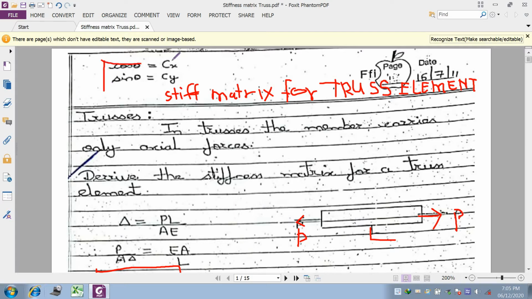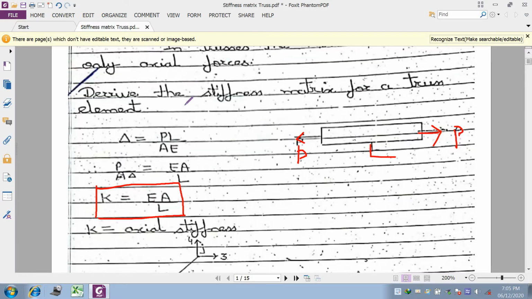So you must understand and you must remember this cx and cy very carefully, because this cos theta and sin theta will be used in your stiffness matrix. Okay, so instead of always writing cos theta and sin theta, which becomes very difficult in the stiffness form, in place of cos theta we will write cx and in place of sin theta we will write cy in our matrix form.